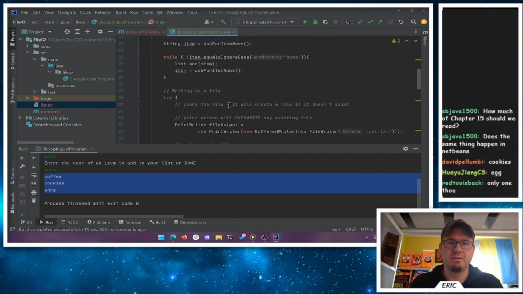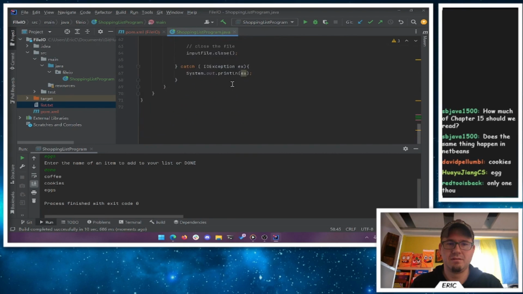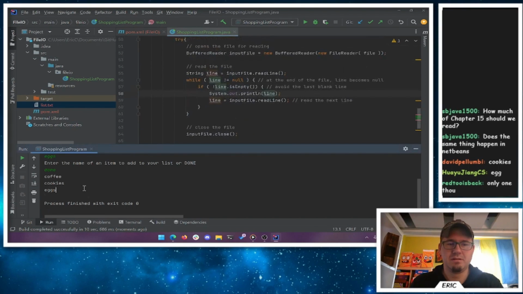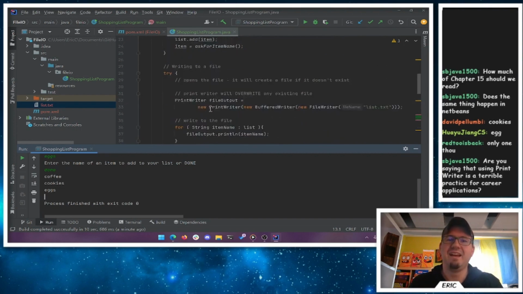Where else am I printing? The line is not empty. Print the line. Print line is putting it down one. That's what's happening. Terrible practice for career applications. So what you want to do